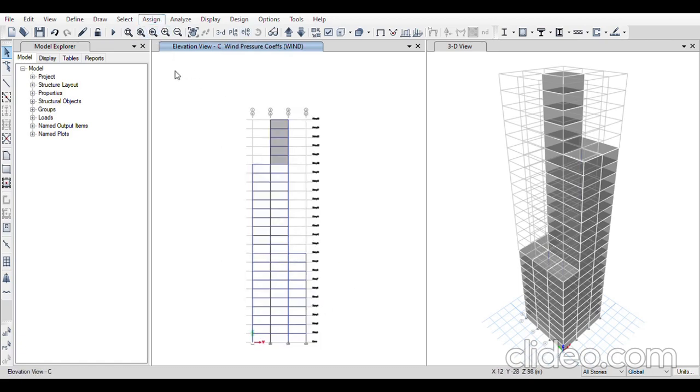I'll go to assign menu, so that I'll select them. I'll go to assign shell load, windward coefficient, which is minus 0.25, and leeward. I'll click on apply. Now I'll go to elevation. I'll take D.